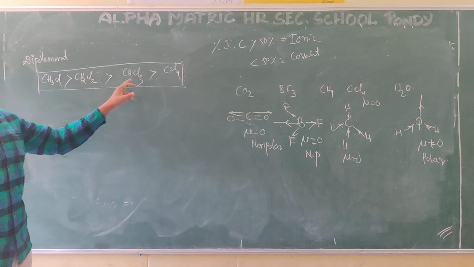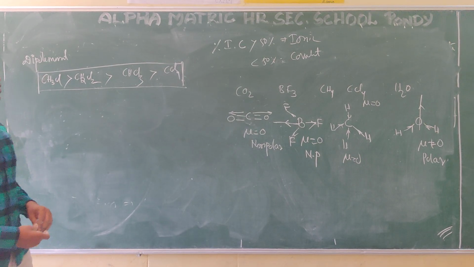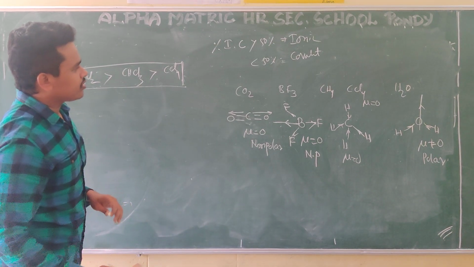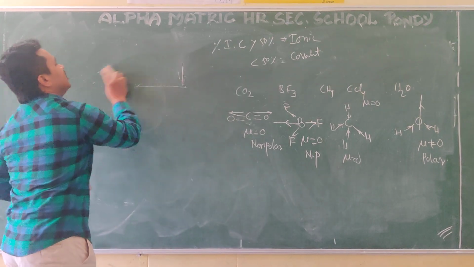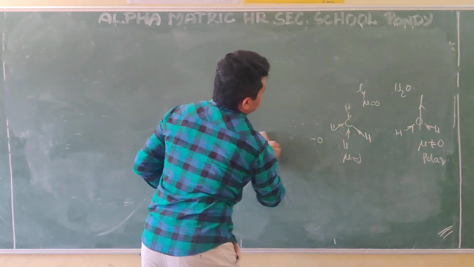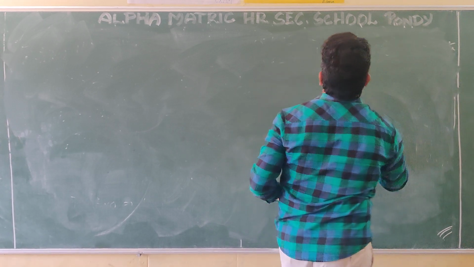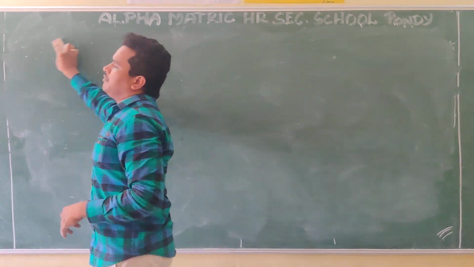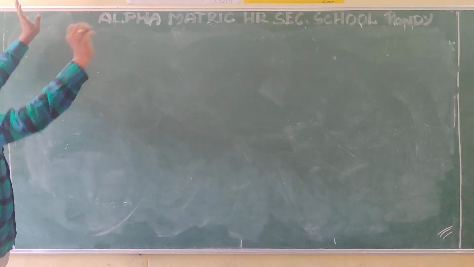As the number of chlorines increases, the dipole moment decreases here. And also the other one, what is the other one? We discussed ionic bond in this chapter, covalent bond and their polarization, Fajans rules, and hybridization, VSEPR theory, VBT and MO theory also. Finally, we discussed the other bonds.